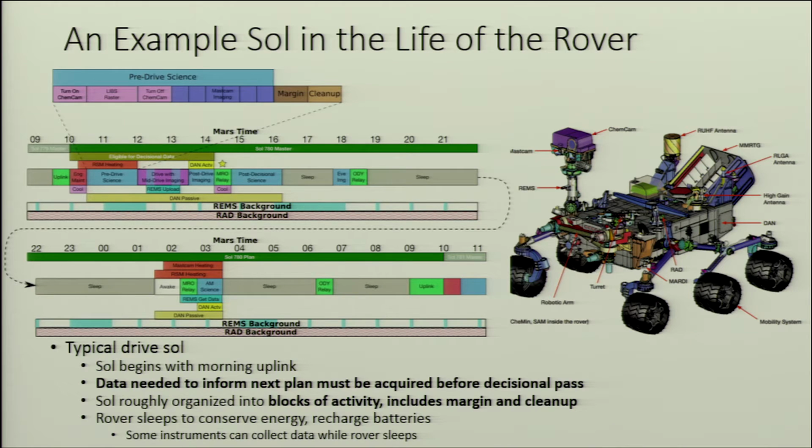So for example, while it's important to do the pre-drive imaging, we decided we don't want to risk losing the drive, and so if the pre-drive imaging runs long, let's cut it off, clean it up, and move on with the drive. Within each block, this is something Eddie also talked about, so we have a set of activities inside